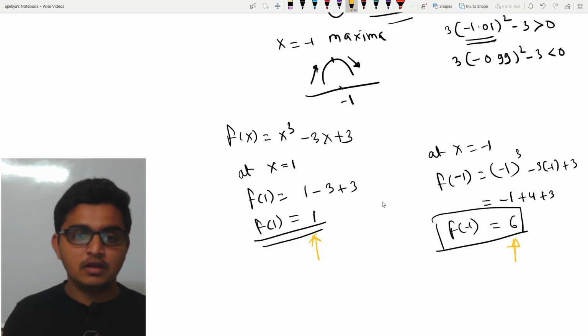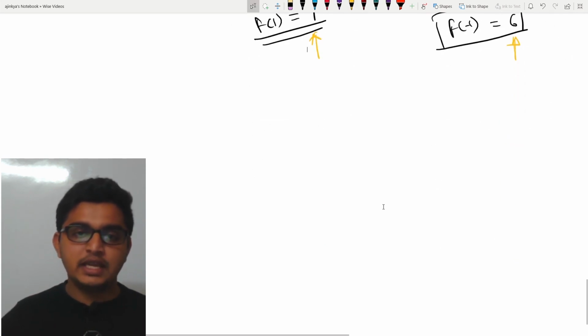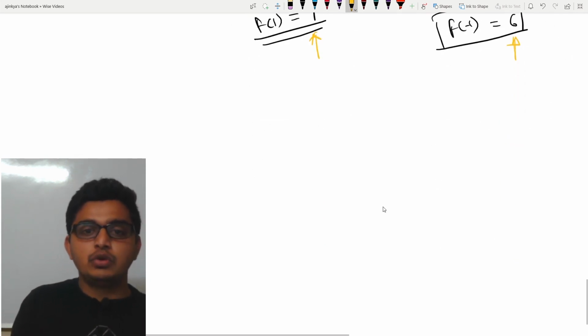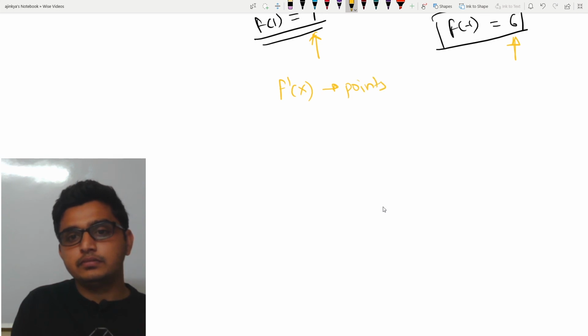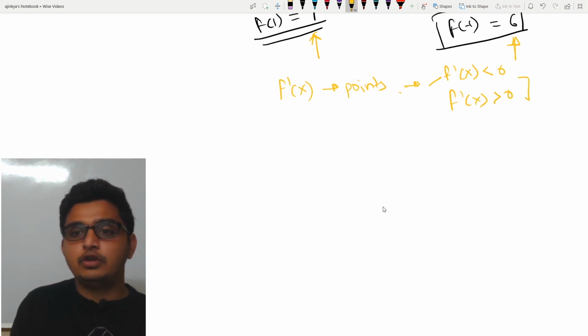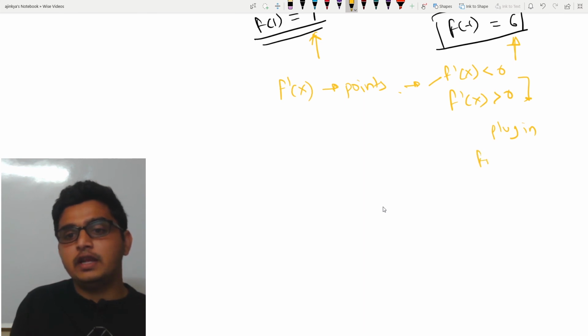So there are 4 steps. I'll once again repeat. First, you need to differentiate, so you need to find f dash of x. Then you need to find the points. Then you need to check the points with f dash of x being greater than 0 or less than 0. And then you need to plug in the values for finding maxima and